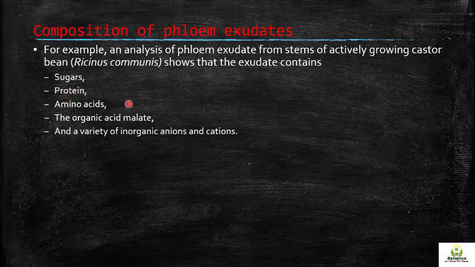We have amino acids, certain amino acids which are transported along with the organic acid malate, and you have discussed the different types of photosynthesis occurring in plants. For example, we have discussed the C4 photosynthesis and CAM photosynthesis, where the organic acid malate has a very key role in that particular pathway, and there are also certain inorganic anions and